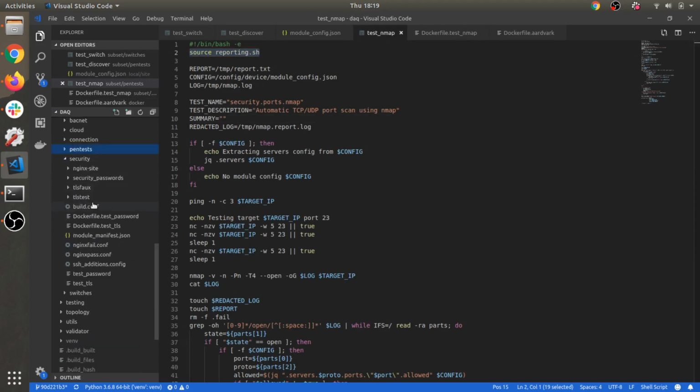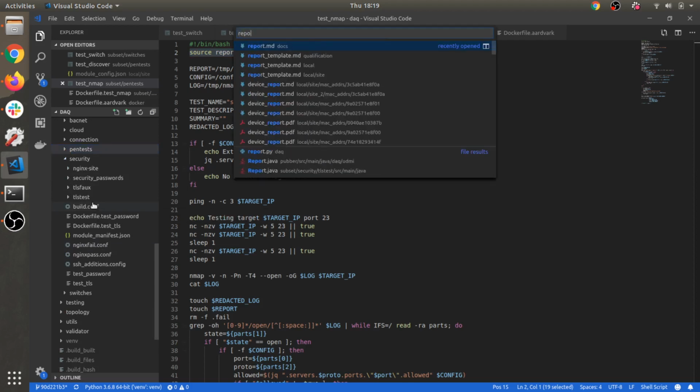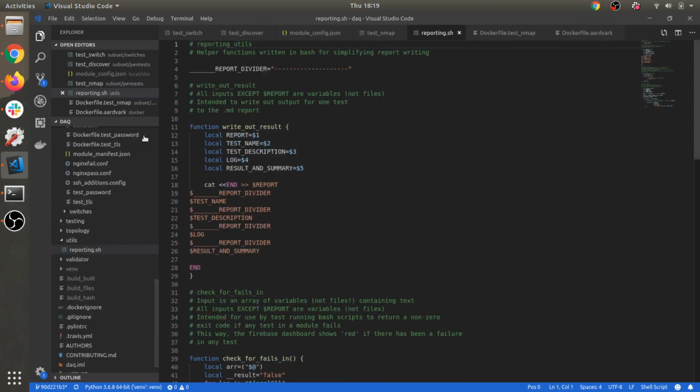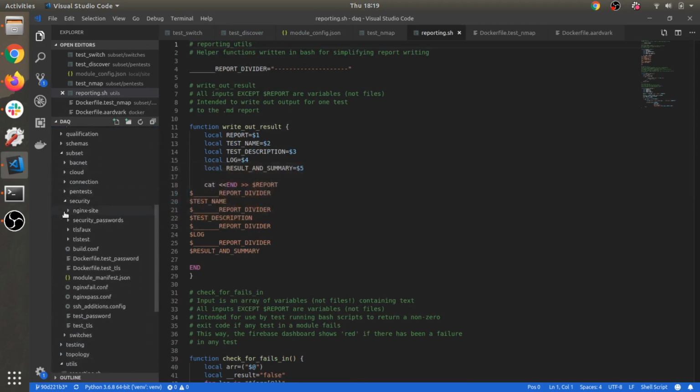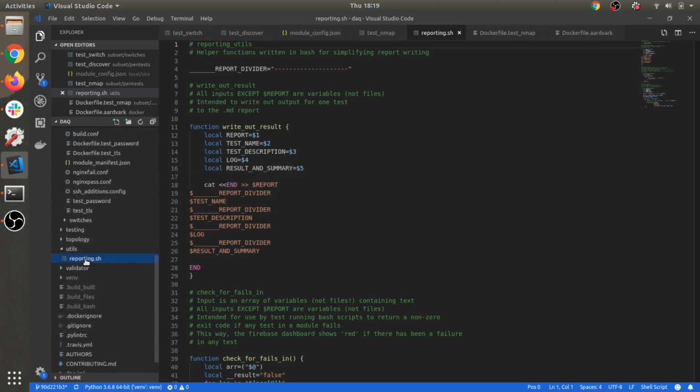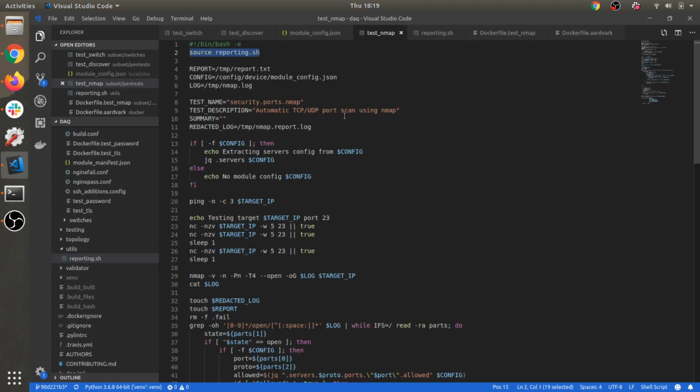Where is reporting.sh? Let's have a look. So reporting.sh is in the utils folder. So we've got all of our folder structure here. Scrolling down. Got utils, got reporting.sh. So if you're looking at the test nmap, and